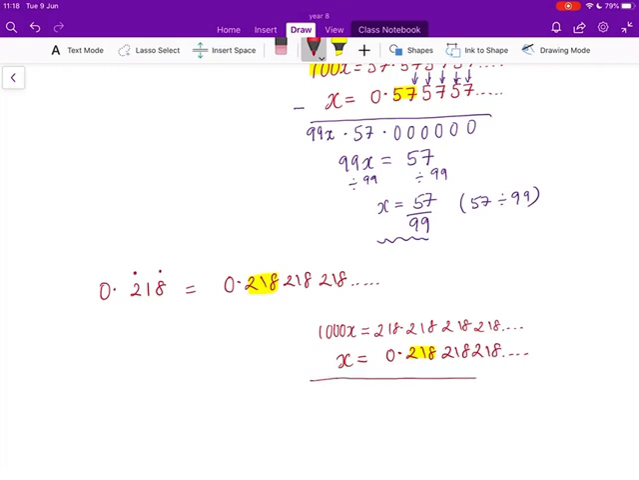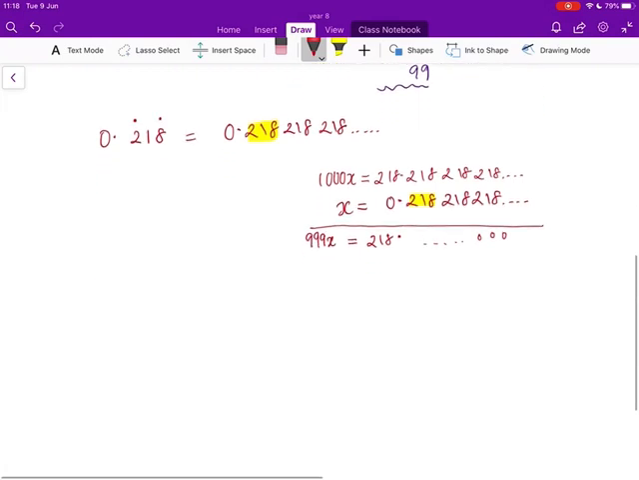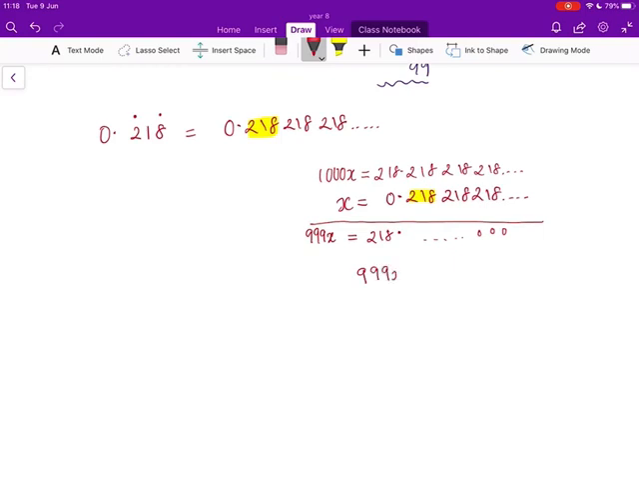218, 218, etc. We then subtract them from each other. All of these will become zeros all the way to the decimal point. 218 take away 0 will give us 218. 1000x take away 1x will give us 999x. So we know that 999x equals 218. Divide both sides by 999, and we've then written it as a fraction. Now in that one you can actually simplify it down, but I'll leave you to have a